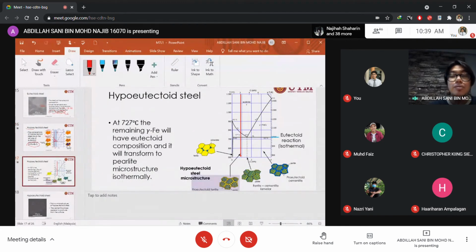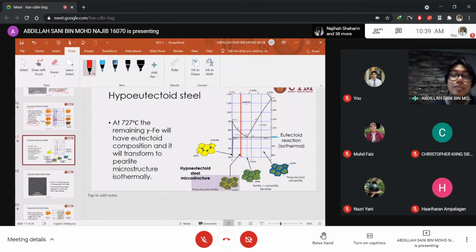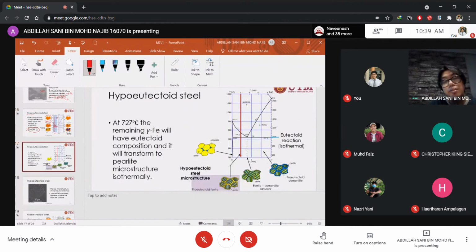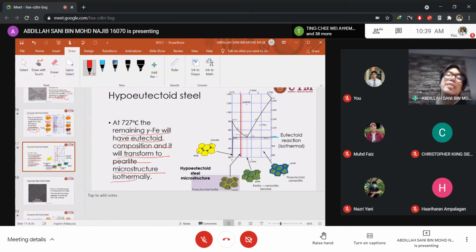I think this is what I was telling just now. This is the continuation, and the remaining austenite will have eutectoid composition, and it will transform to pearlite. So actually what happened, to be precise,